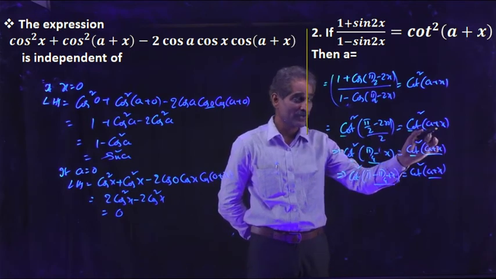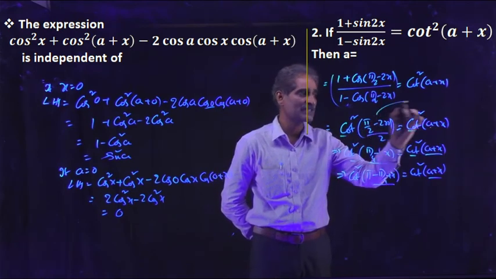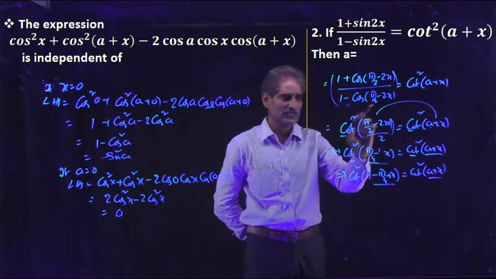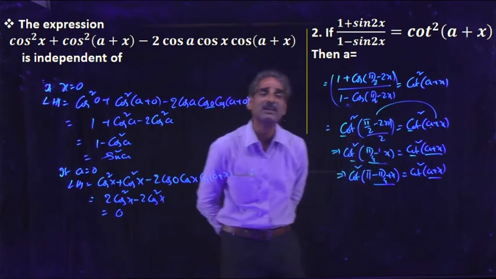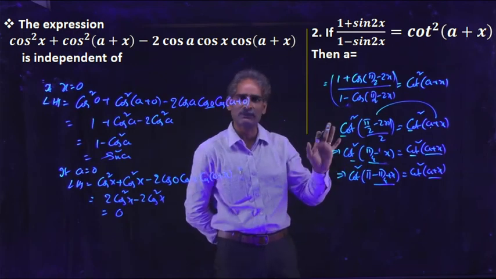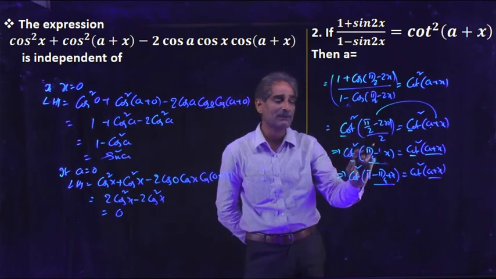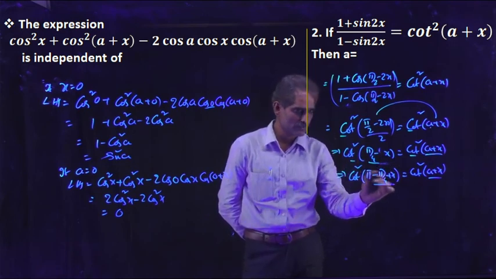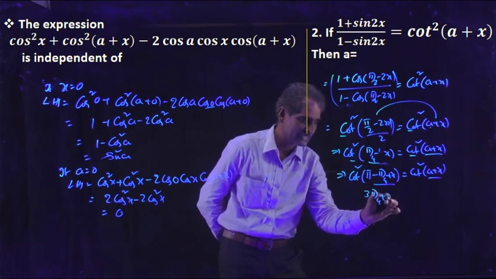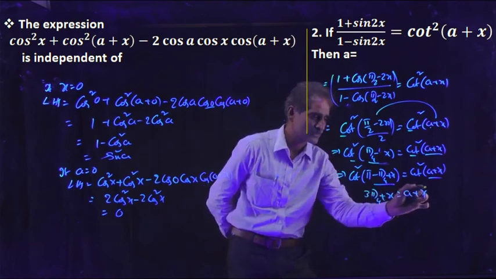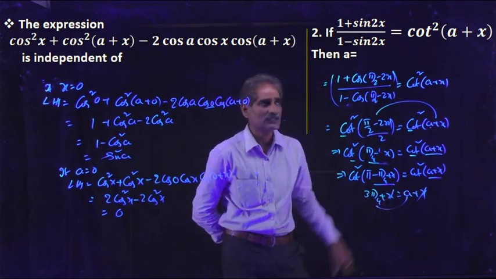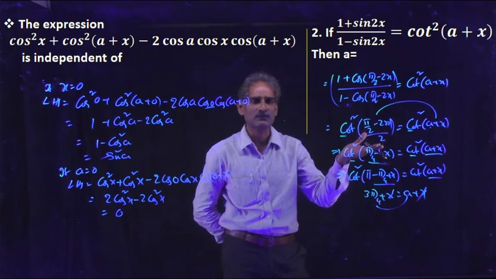But we have to find the a value, so we have to compare this angle with this. Here a plus x is there, so we have to write it in plus x form. Here we can write cot square theta equal to cot square (pi minus theta). Actually cot(pi minus theta) is minus cot theta, but here square is there, no problem with minus. So cot square theta equals cot square (pi minus theta). Now equate these two angles. Pi minus pi by 4, that is 3 pi by 4, plus x is equal to a plus x. So a is equal to 3 pi by 4. Okay, understand? This is a very easy problem. Okay, right.